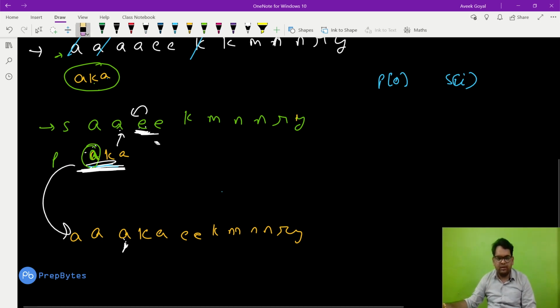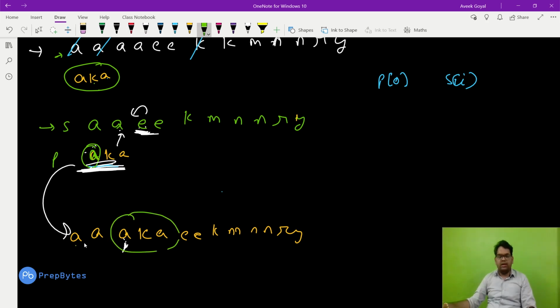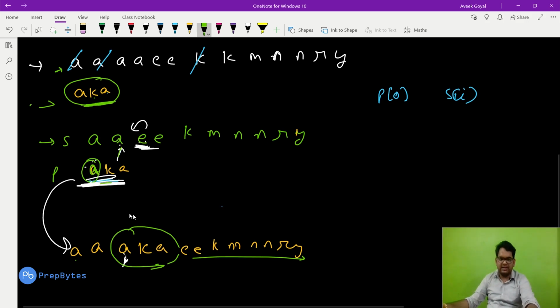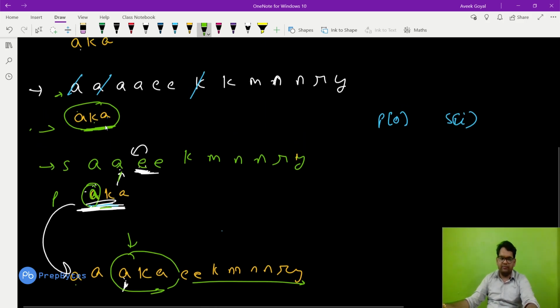Correct? Like this. See here, AA, and insert AKA here. Then the whole string will be the same, because we have already sorted it, so it is already lexicographically smaller. Now I need to move the characters of this lexicographically smaller string such that AKA becomes a substring. Instead of moving the characters, we know that these characters are present in the string. So using this as a substring, we are just finding this substring's correct position. Once we find the correct position, we insert that substring here, and all the characters appearing here we remove according to their frequencies.